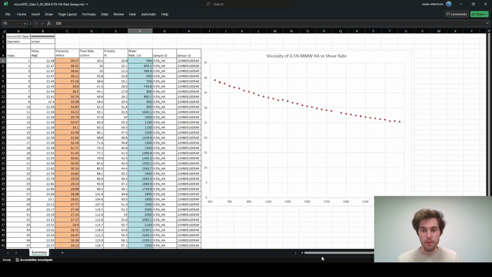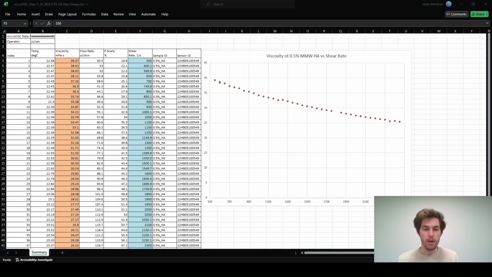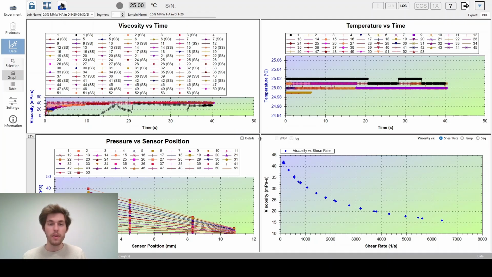Now let's hop on over to the VROC 2 data. So on the VROC 2, we measured with the same microfluidic flow channel type. Both on the microvisc and VROC 2, we used the B05 microfluidic flow channel. But on the VROC 2, the pump is a little bit stronger, which is going to allow us to hit higher shear rates. But if we look a little more closely here at the data, we can see a very similar